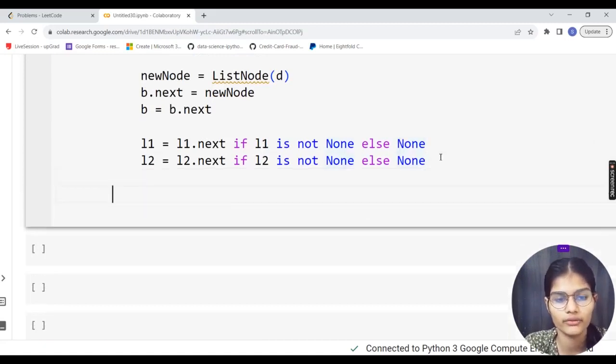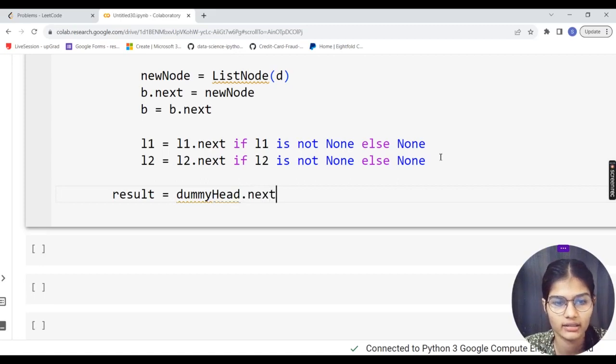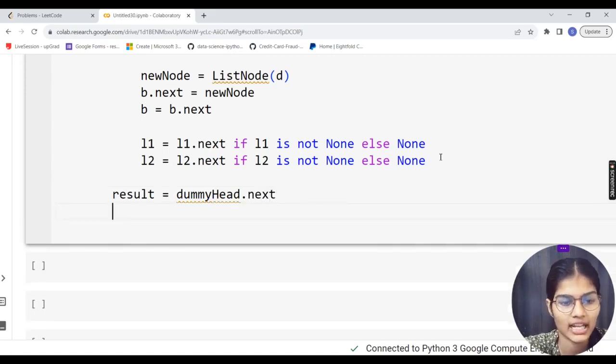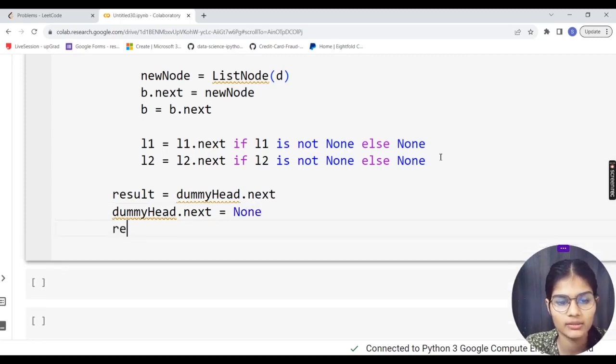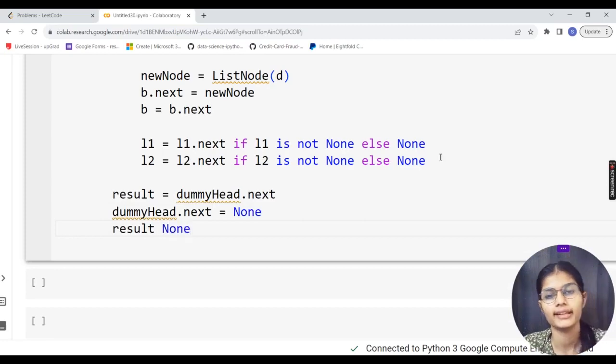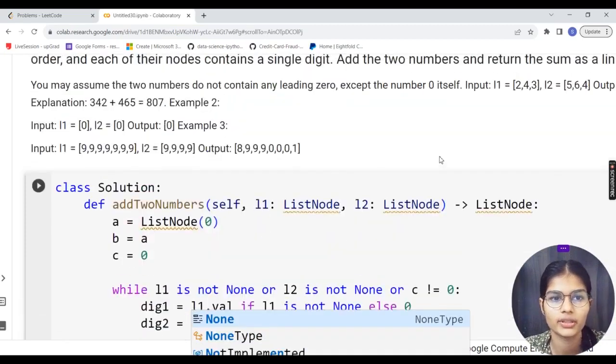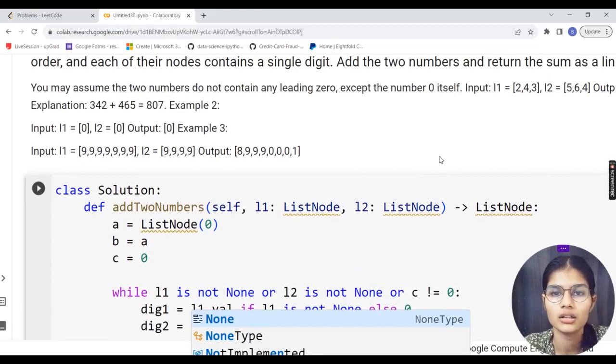I'll just get out of here and simply take a result, which will be dummy head.next, and down the line I would assign dummy head.next is equal to none, and I would simply return my result. So this was the program for this question, where we just have to add the same